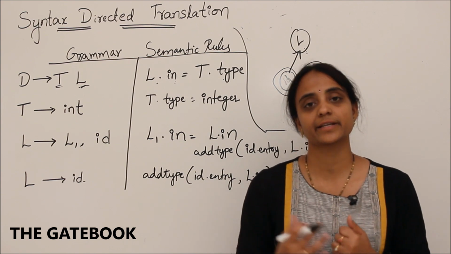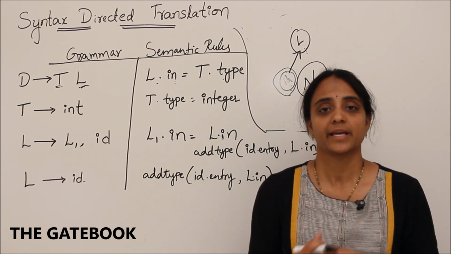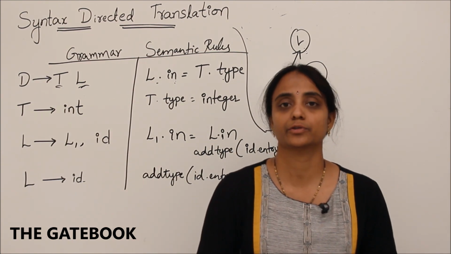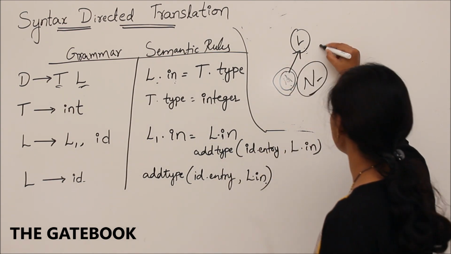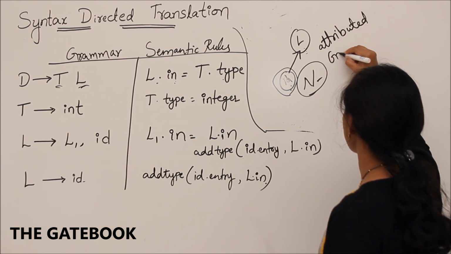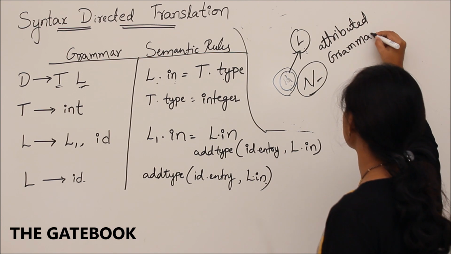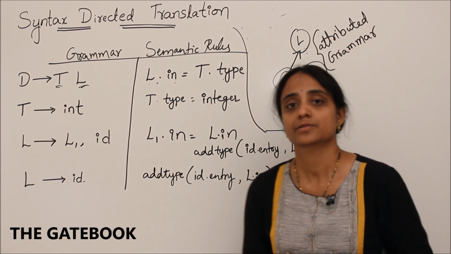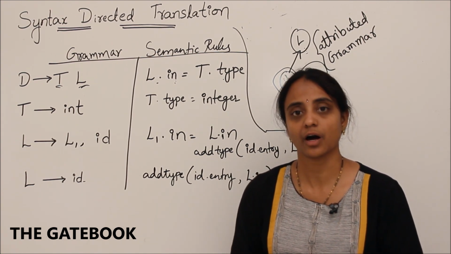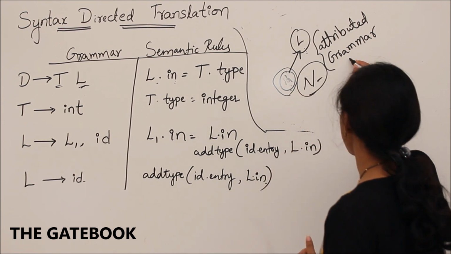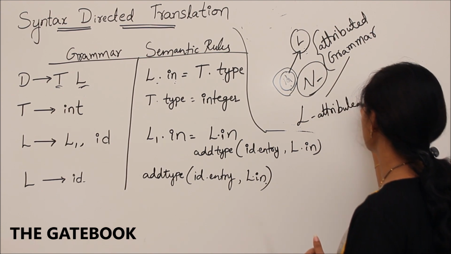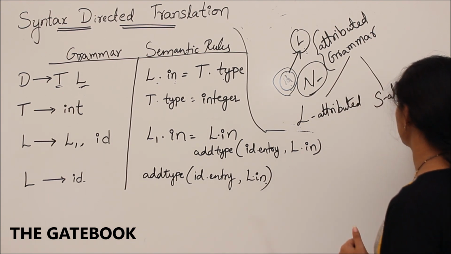So we restrict dependencies of inherited attributes in such a way that we don't have to construct the full dependency graph to know the order. That is called attributed grammar. In attributed grammar, we impose certain rules for the dependencies so that we don't have to compute the overall topological order. So how do we impose the rules? Let's see. In attributed grammar, there are two types of grammars. One is L attributed, the other one is S attributed.